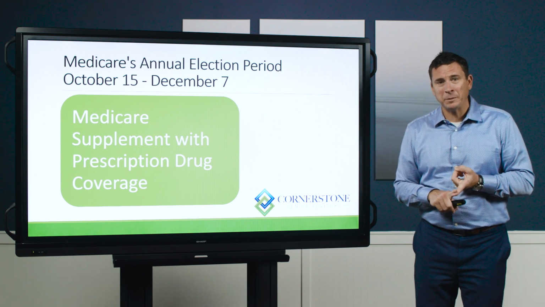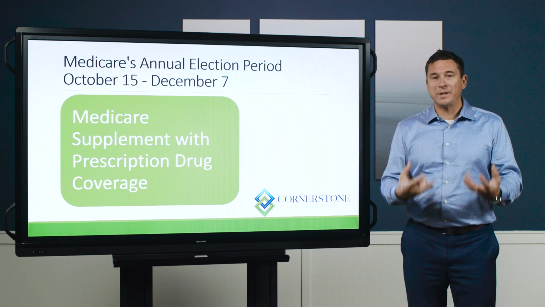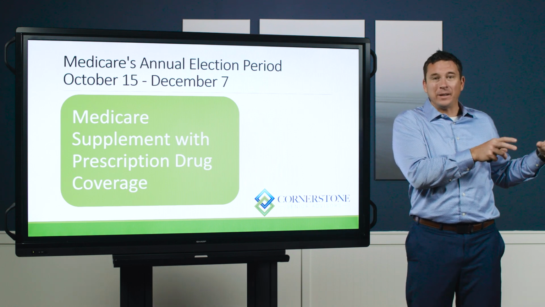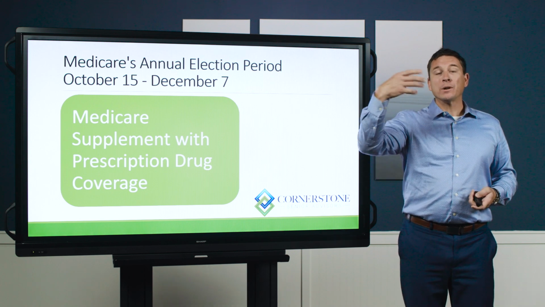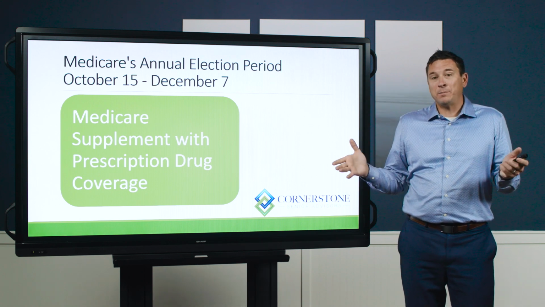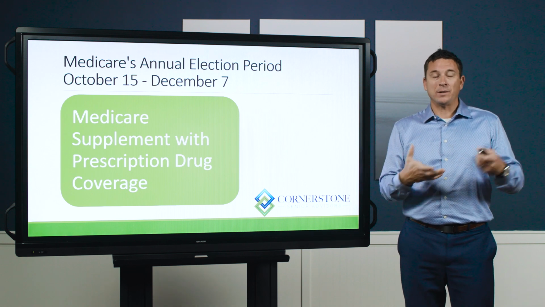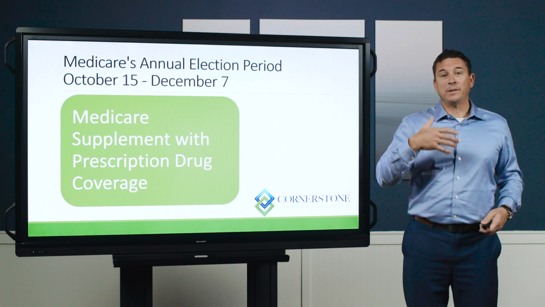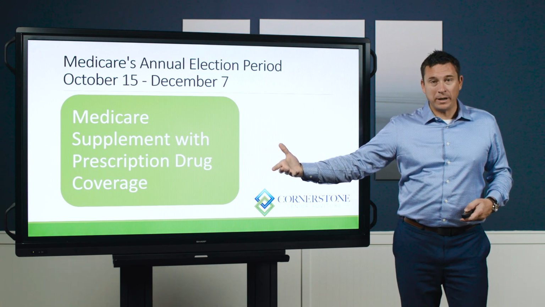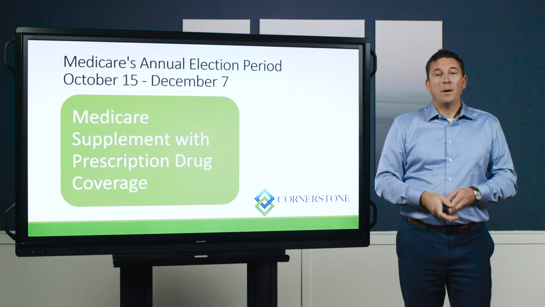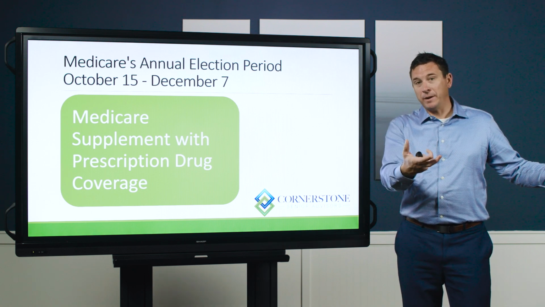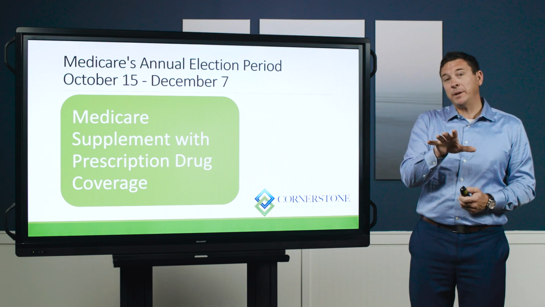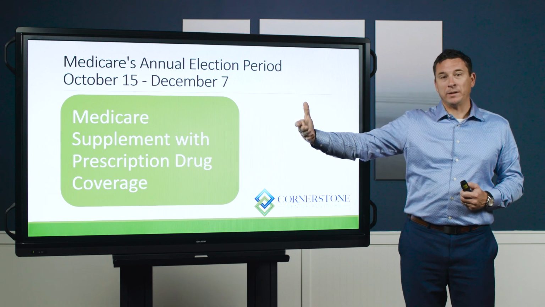First off, with your Medicare Supplement plans, those are guaranteed renewable and those are steady. So when we talk about the Medicare annual election period, actually they don't affect the Medicare Supplement plans. Those are going to renew, they're going to carry on to next year, and to this point, they've never changed coverages with those supplemental plans. There have been plans that have been discontinued, which means those plans are no longer eligible for new Medicare beneficiaries, like the Plan F, but if you already have a Plan F, you're grandfathered in and your coverage is the same. So if you have a Plan G, if you have a Plan N, whatever supplemental plan you have, it is going to be the same going into next year.